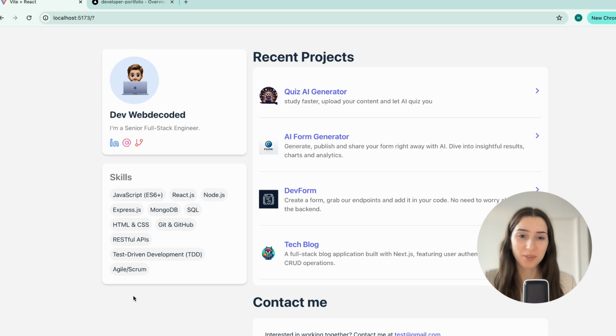Hi everyone, in today's video we are building a developer portfolio website using just React and Tailwind CSS for styling. We are going to have a bio section in the top right corner that's going to include a little bit of information about yourself as well as social links, for example, LinkedIn, GitHub, followed by this skills section,